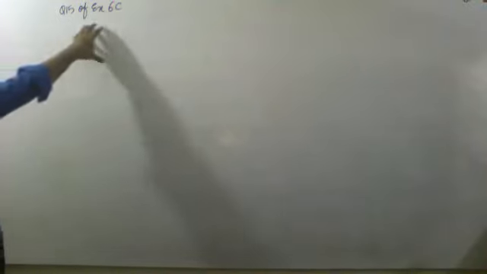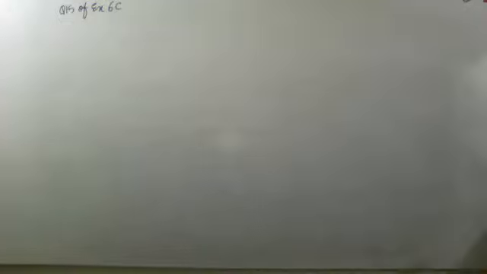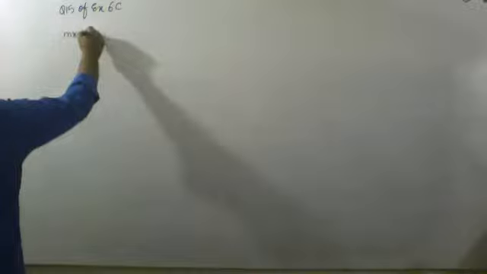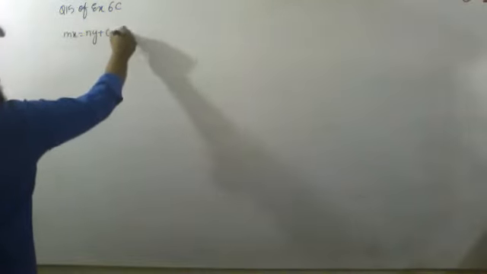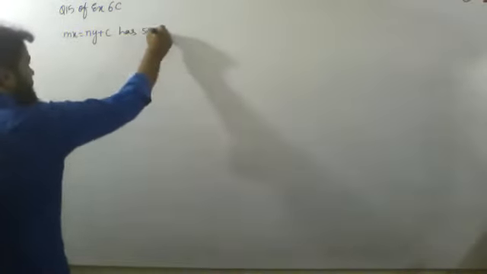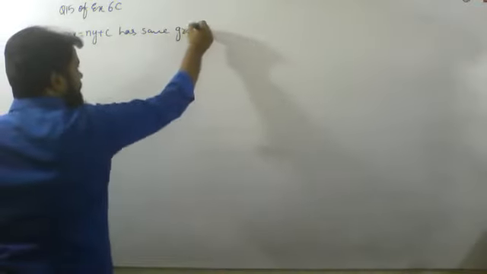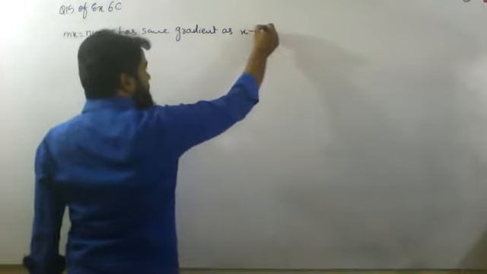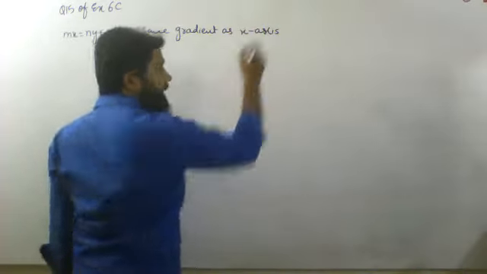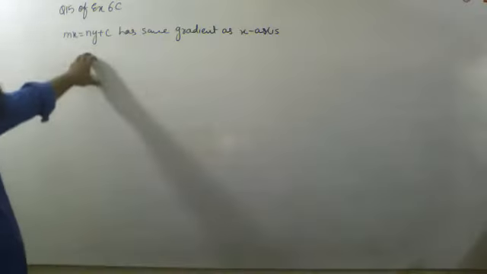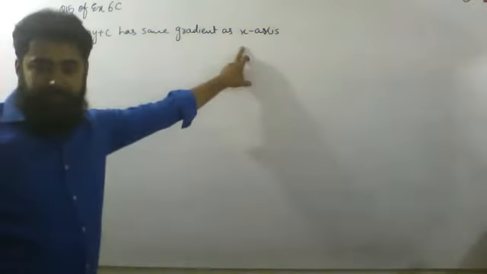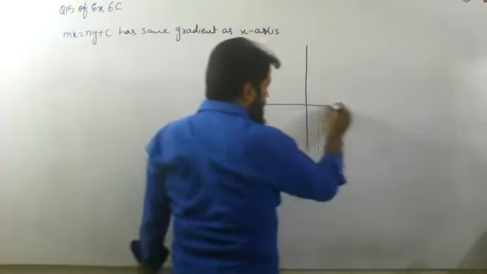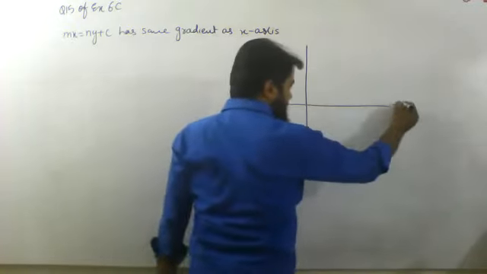Question number 15 of exercise 6C. The question is saying that mx equals ny plus c has the same gradient as the x-axis. Okay, the gradient is the same for this line and the x-axis. Now, when I draw an x-axis,